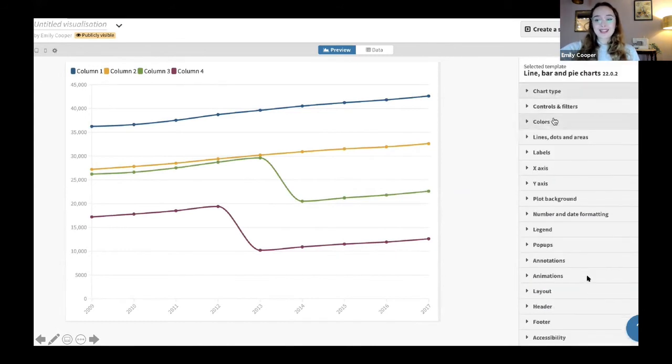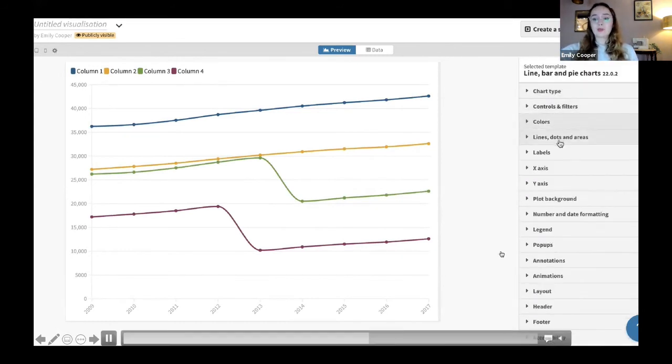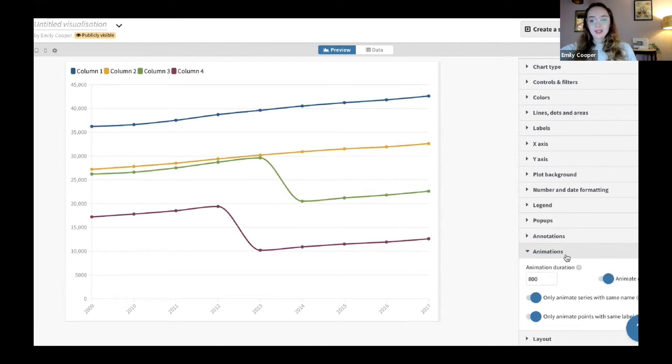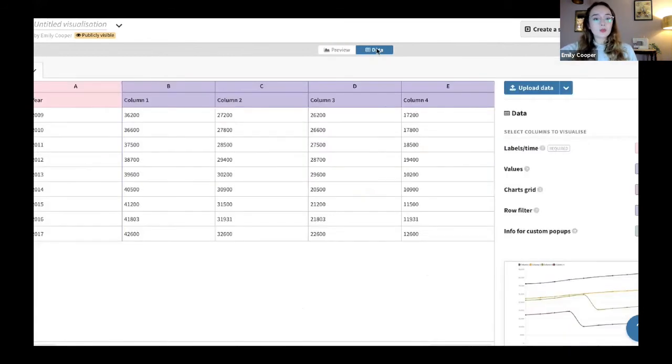So you can change the colors, and you can have your brand palette in there. You can change the appearance of the lines. You can add a legend. You can add pop-ups, and obviously the most exciting thing, the animations. So I'll just show you what it looks like in the back end. This is how you input data. You can either copy and paste, type it in yourself, or upload the data via an Excel spreadsheet, and then